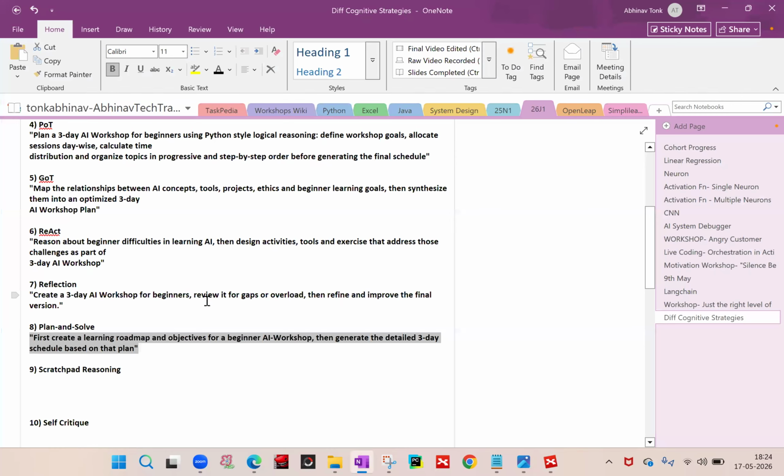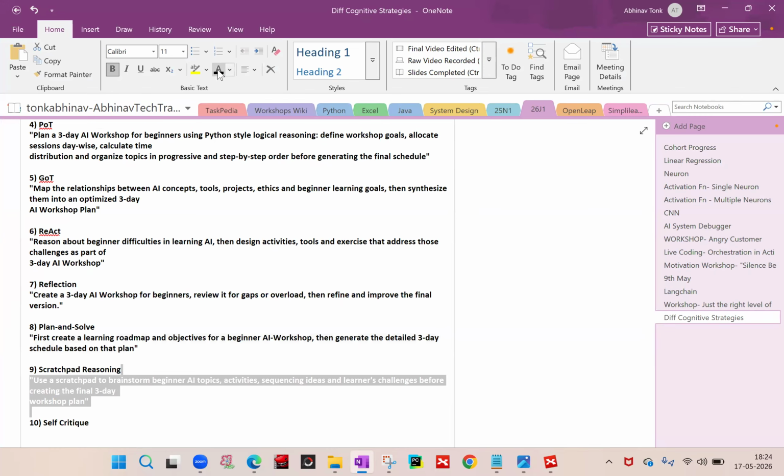Now, when we take the example of scratchpad reasoning, this prompt will fit: use a scratchpad to brainstorm beginner AI topics, activities, sequencing ideas, and learner challenges before creating the final 3-day workshop. So let's try to run this